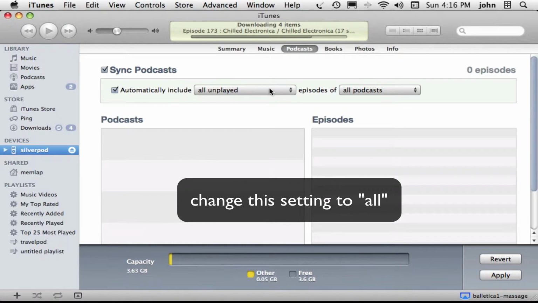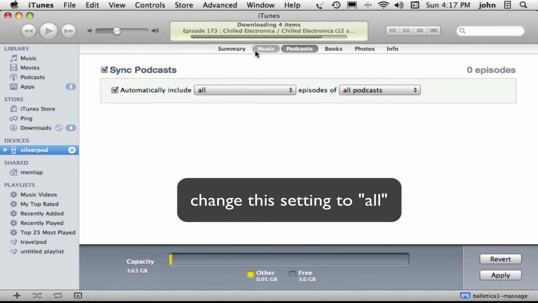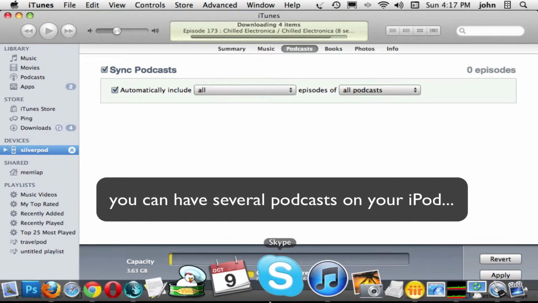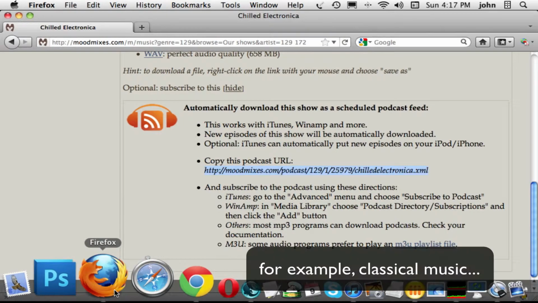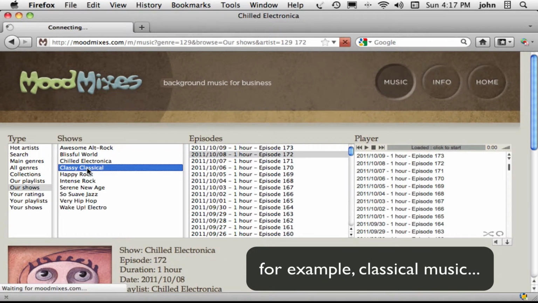I also recommend you change it from automatically include all unplayed to just all. That way, all podcasts will automatically be on your iPod. Note that you can also have several podcasts so that if, for example, you're interested in listening to classical music sometimes,